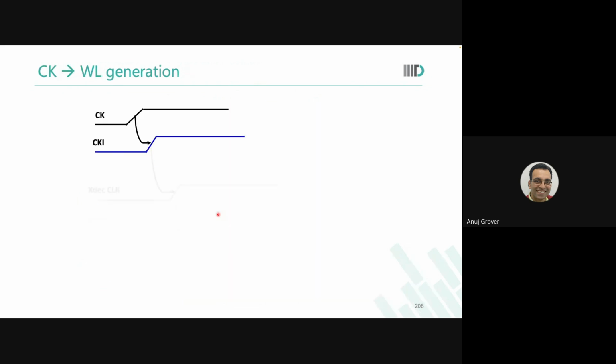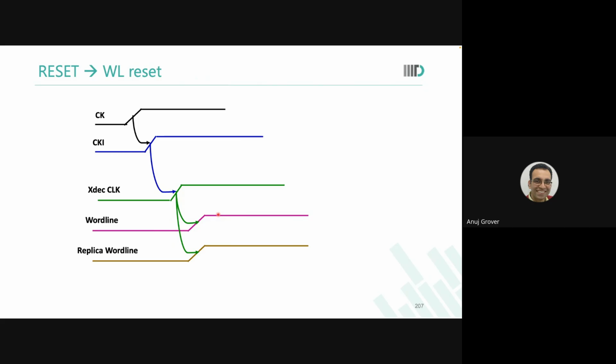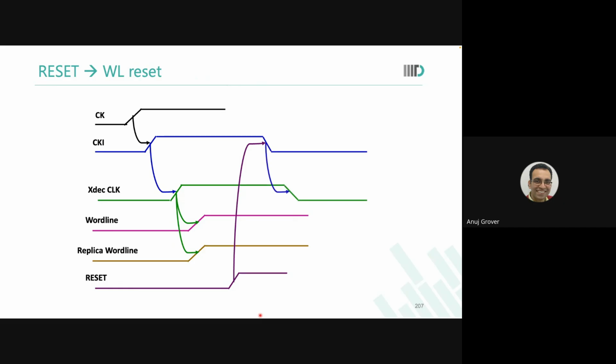So we generate the replica word line also. That replica word line generates the reset signal, which would then generate the reset of clock internal and everything else. So till now we had talked about how memory speed is determined by when my read completes. Now I'm saying no, memory speed is also dependent on when my reset comes and I'm ready for the next